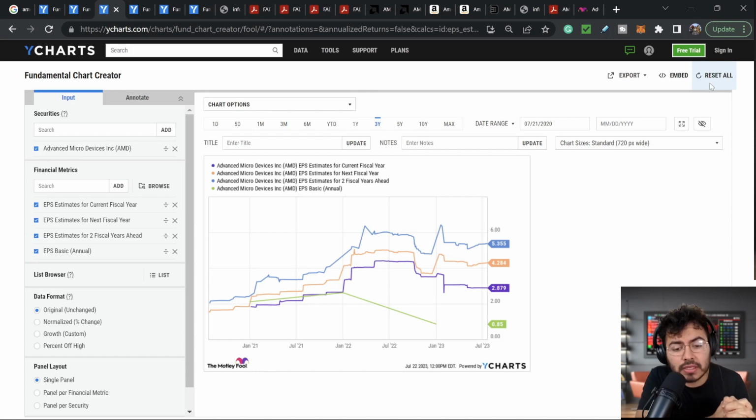And unfortunately, we did see that huge loss that they started to see in the last 2 quarters, mainly because of that over inventory correction. But we can see for the current fiscal year, they do expect earnings per share to be roughly $2.88. Jump into next fiscal year at the end of 2024, earnings per share is expected to be $4.28. And then the year after that, we expect $5.36. So again, we're seeing revenue growth, but we're also expected to see strong growth in their earnings.